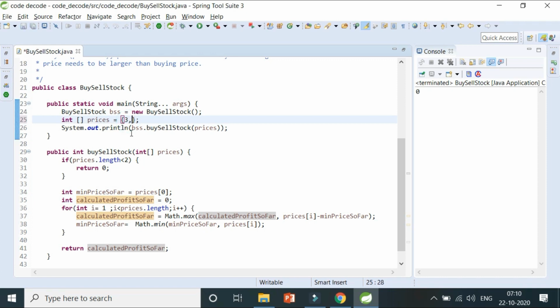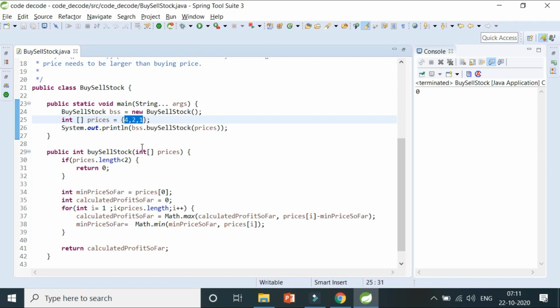And what if my array looked like this? So in this case our profit would be 1. Okay, what if I purchase the stock and I sell this. I have an array like this, 4 comma 2 comma 1. What would happen in this case? In this case also my ultimate profit would be 0. Okay, because if I buy the stock at rupees 4, I have to sell it at 2 and 1, and if I buy the stock at rupees 2, I have to sell at 1.